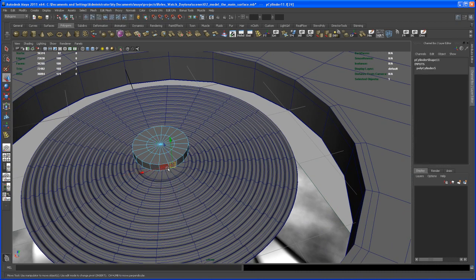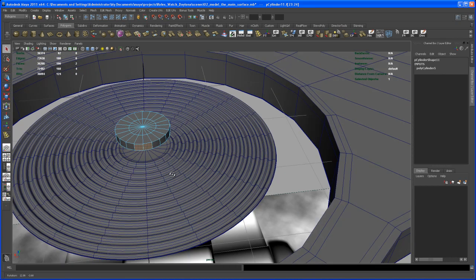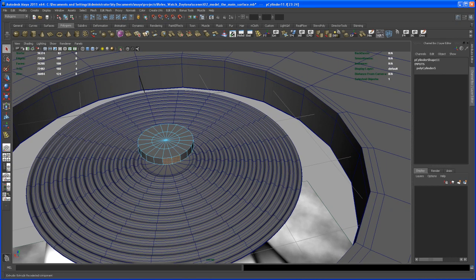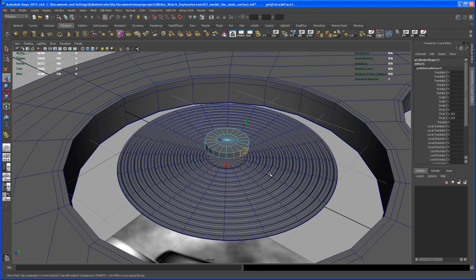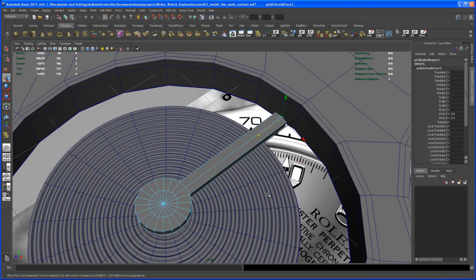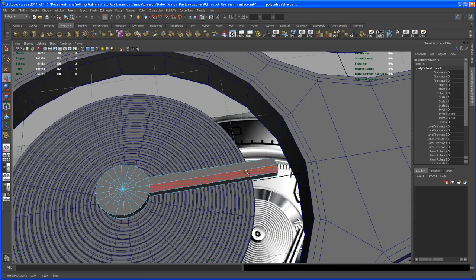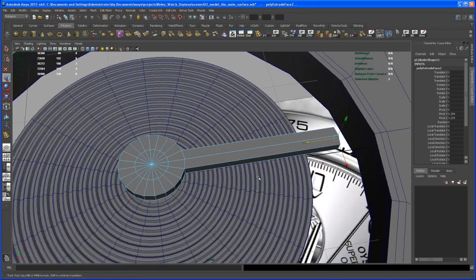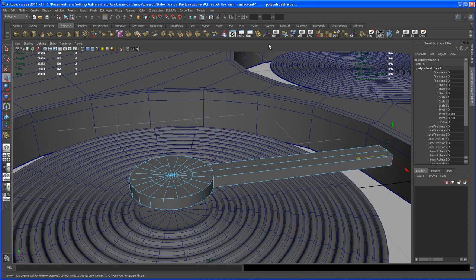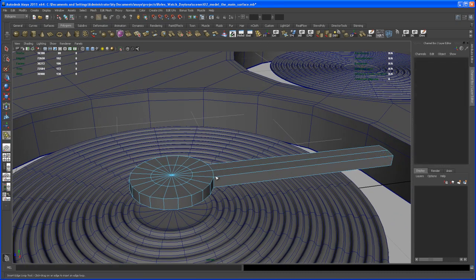So I need to take those here and hit extrude, and move those out somewhere about here. Okay, so now let's add some splits in here. So insert edge loop tool. I put in 2 here